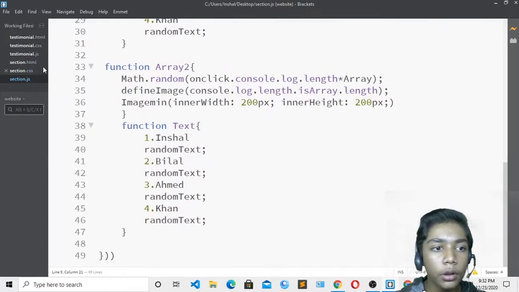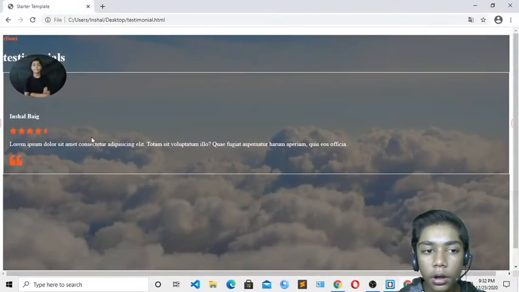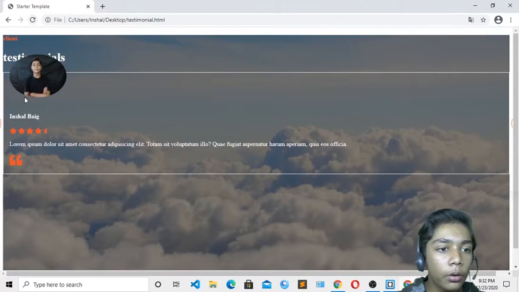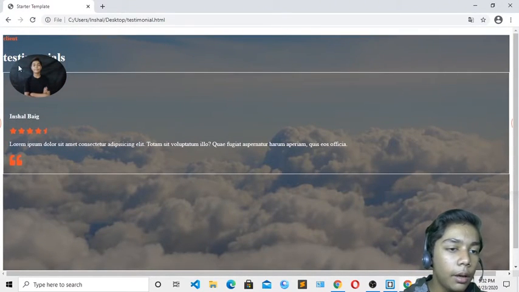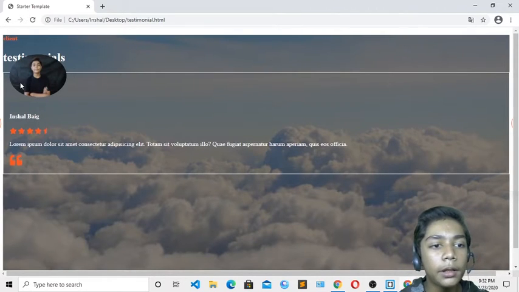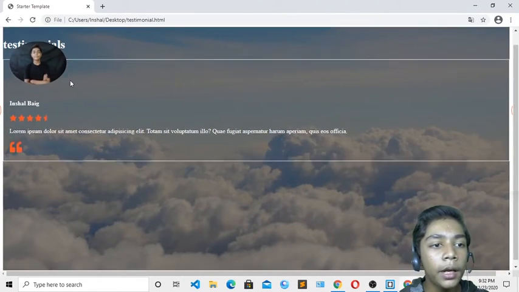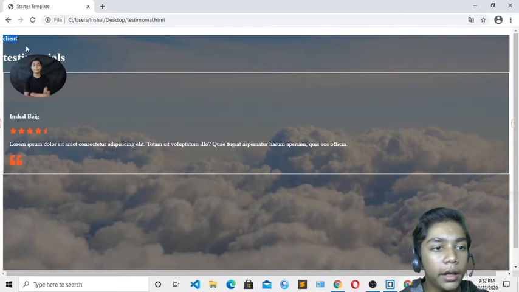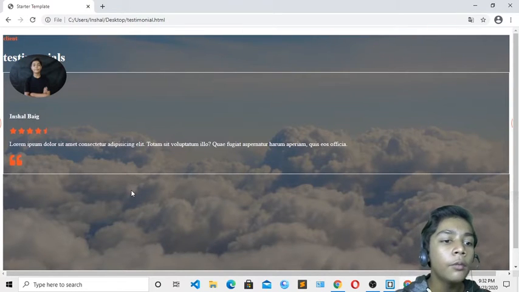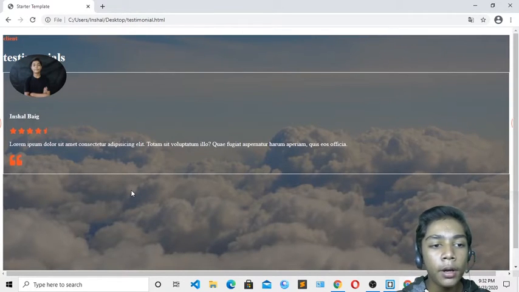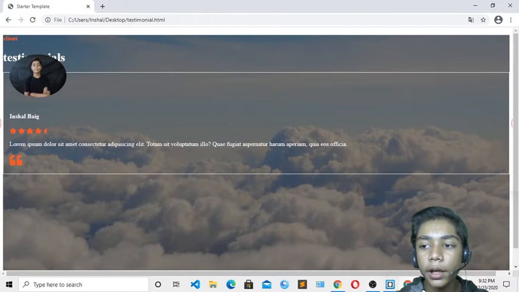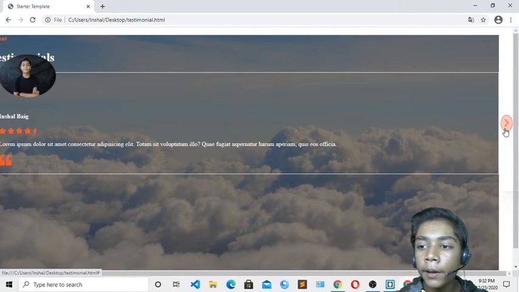Okay, so now if I show you in Google Chrome over here, come over here, and you can see now it is looking good. Now we have this image over here, which is a round image, like I have written in my JavaScript file that my image should be round. Also the client is in red color, then testimonials in white. And then these lines are also coming randomly because we have written all these tags in our div, which is called container one.